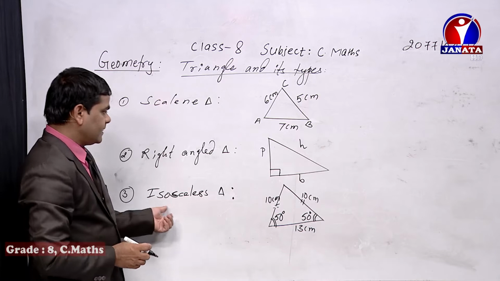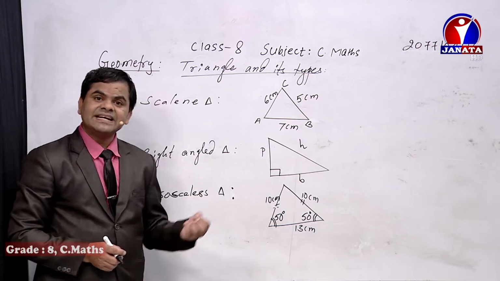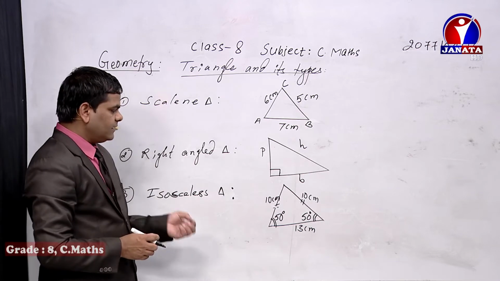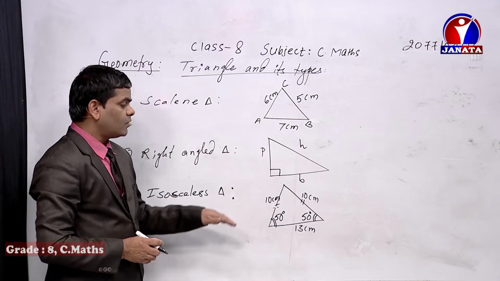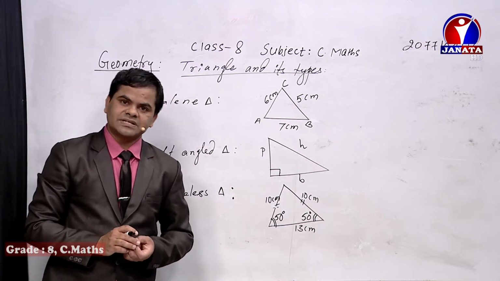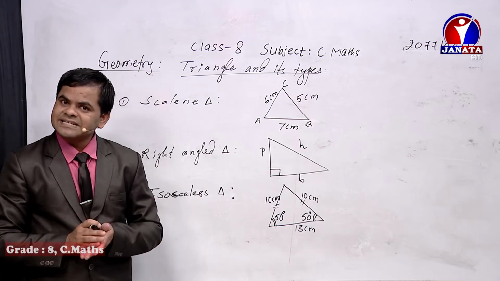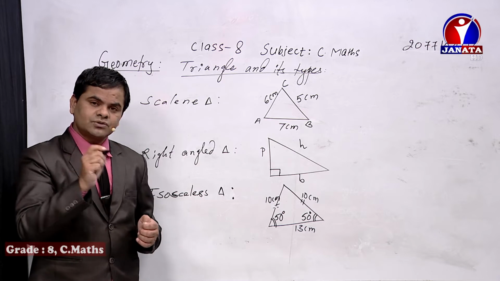So once again, a polygon having three sides and three angles is known as a triangle. There are four types of triangle. Among them we are focusing on the isosceles triangle. In case of an isosceles triangle, dear students, the two sides are equal and the two angles opposite to exactly those two equal sides are also equal.